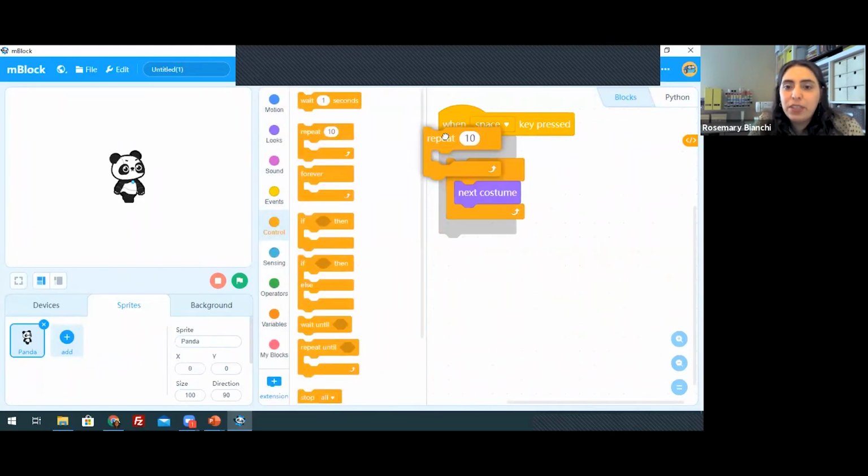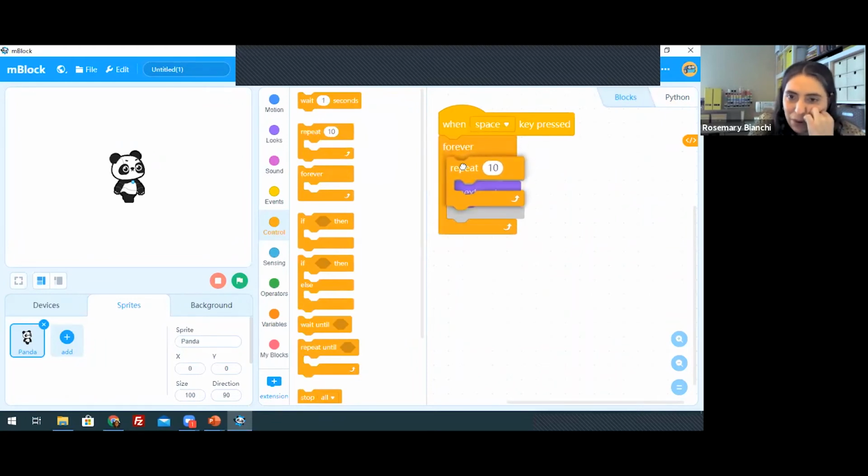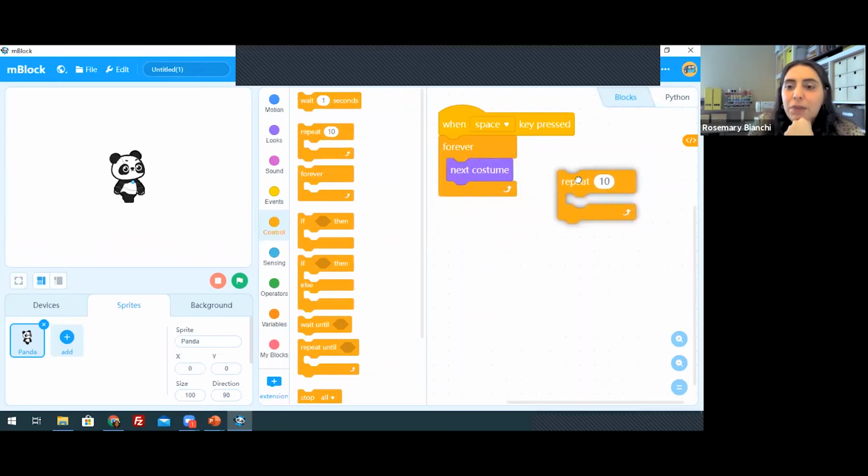If I try to put the repeat, it's going to put it around the forever. That's not what I want. I want to replace. But I could do this. I could put the repeat inside, but again, that's not what I want. So I'm going to drop my repeat block over to the side. You can put blocks in your script area and just have them there for a holding area temporarily. It's not going to be a problem to put your blocks in the extra area that they're not attached to